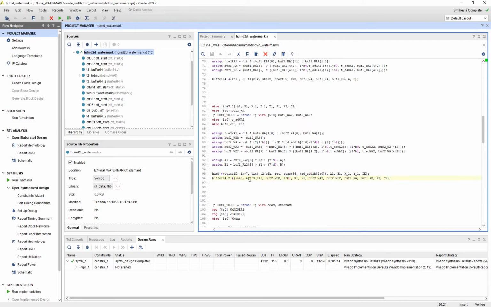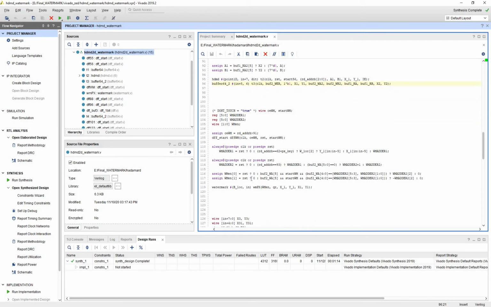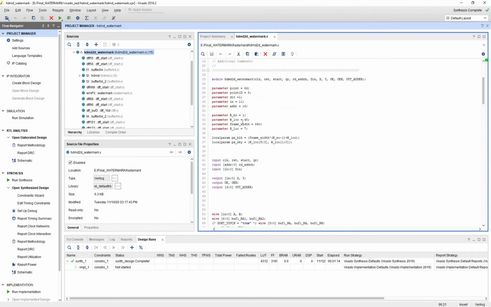Once we store the T3, we'll start finding the address for the watermark. To find the address for the watermark location after the 2D transform, we'll first initialize parameters for the row number, the watermark location, the frame width, and the bit location. The row number and the watermark location say which coefficient we have to choose after the 1D transform.